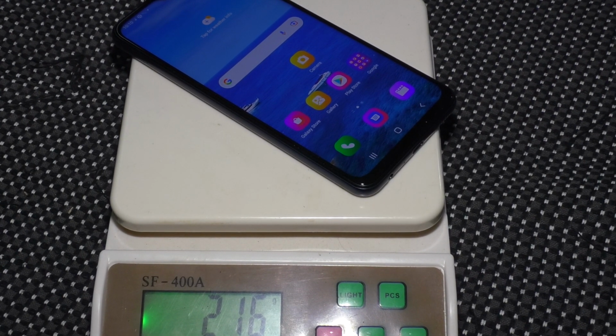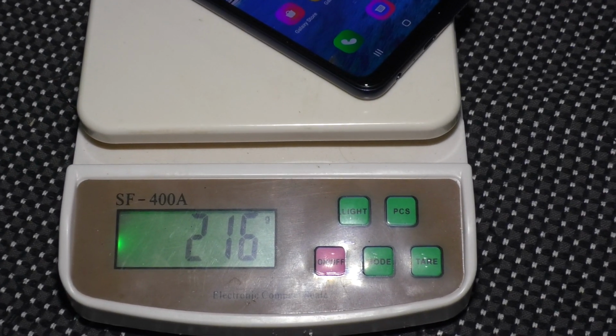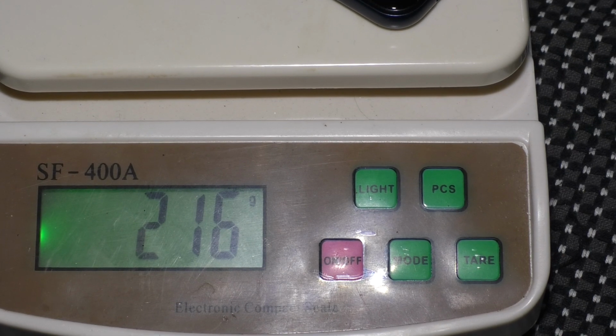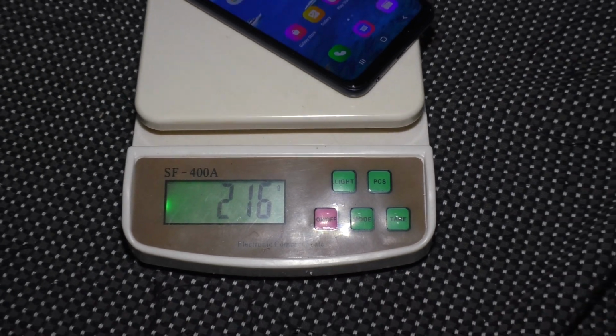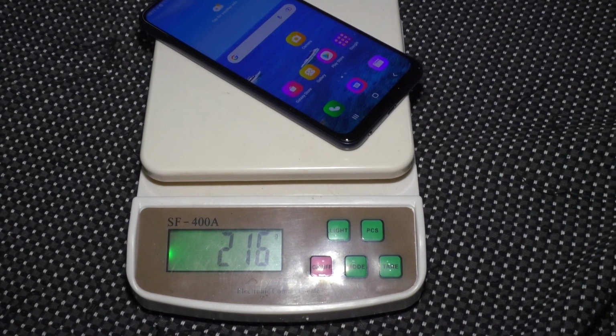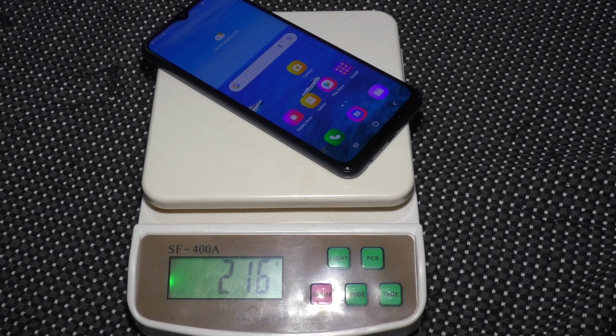So the weight here is 216. See here, I zoom and I show here. So this weight, that is the weight of this phone, 216 gram, weight of this